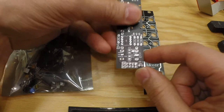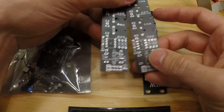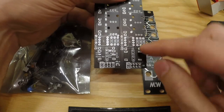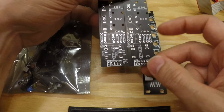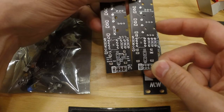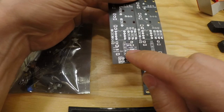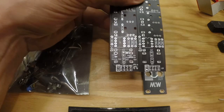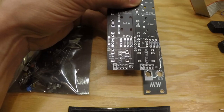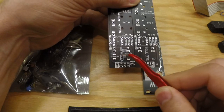A few things I've added. So there's one out already that looks like this. There's a few connections missing on the older one, but that is not a problem. I will show you how to do this. But I've added a few solder points on this new one. And pointing to these are, first of all,